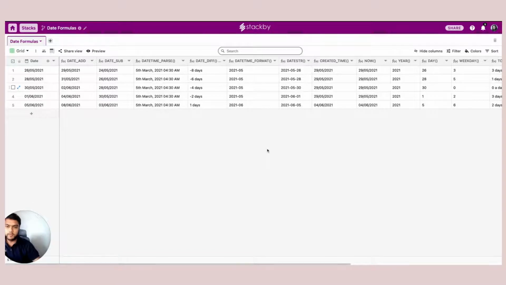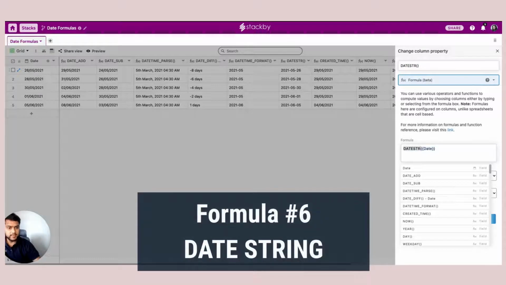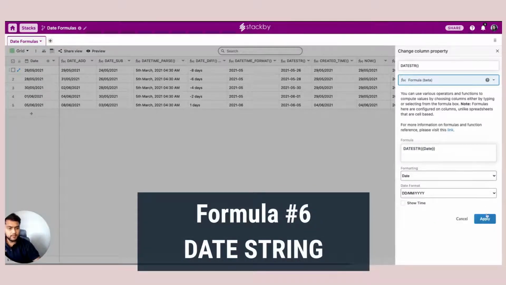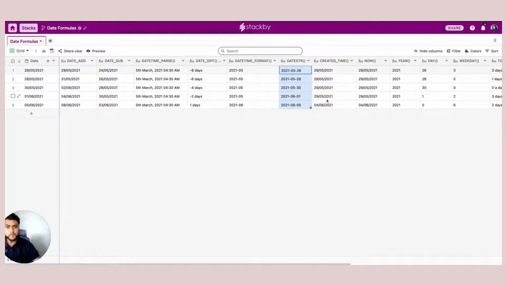If I want to convert the normal date column into a general string format with a dash, I can use the date string formula, which is date str, and just give the date column as a reference. It changes the dashes into this particular format.